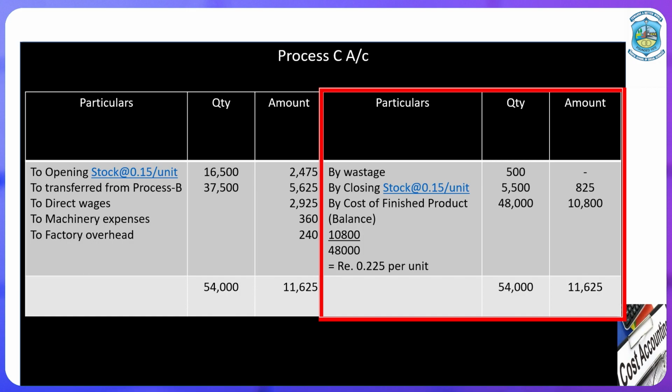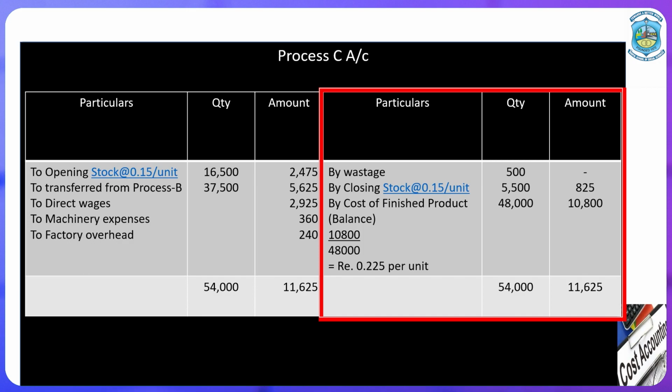finished goods. So, again we are going to calculate the per unit cost. The total amount transferred is 10,800. For how many units? The total number of units is 48,000. So, 10,800 divided by 48,000, we will have the per unit cost, that is 0.225 per unit. 0.225 per unit, that would be the total cost per unit at the end of the last process, which we called